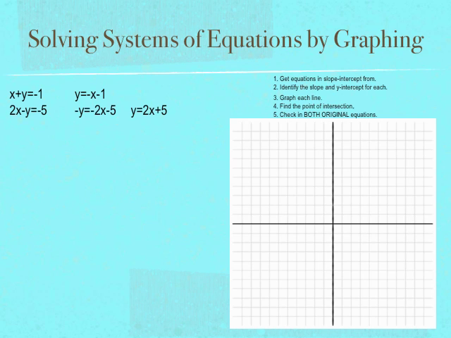Now the slope for the first line. What is the slope for that first line? Slope for the first line is -1. What is the y-intercept? It's also -1. For the second line, slope is 2, y-intercept is 5. So I've identified the slope and the y-intercept. You don't need to write those explicitly if you don't want to, but it really doesn't hurt, and it doesn't